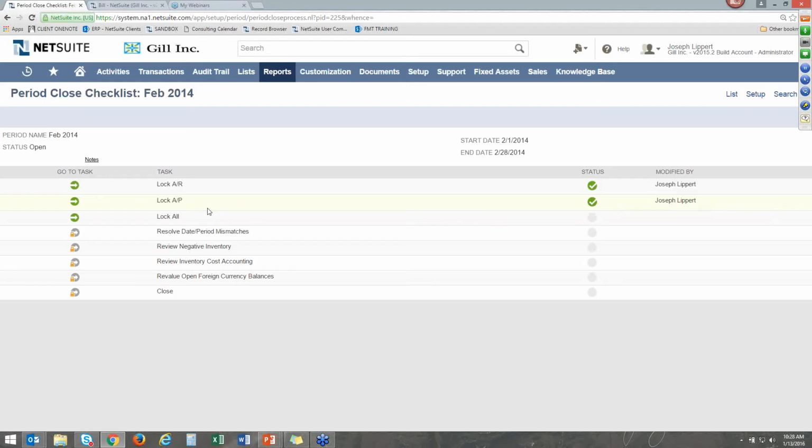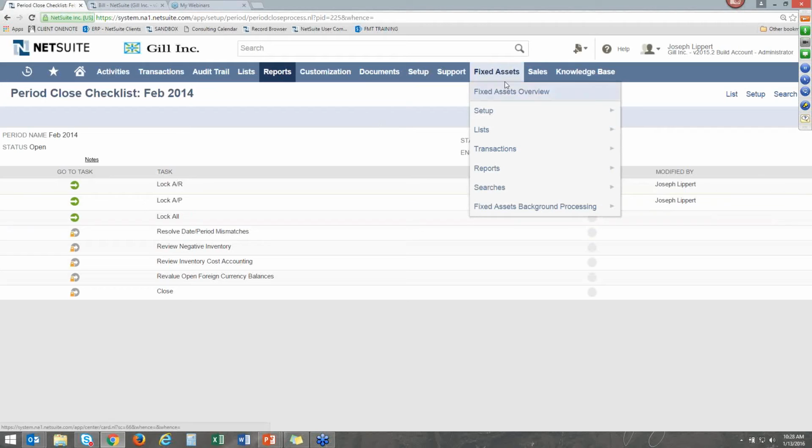The next topic of discussion is the fixed asset close task. As noted, there's not a close task in the period close checklist for fixed assets in this listing. But FMT did want to speak to the best accounting practices related to the fixed assets as of year end. If you do have the fixed assets module right here, you can see that we can perform our transactions by